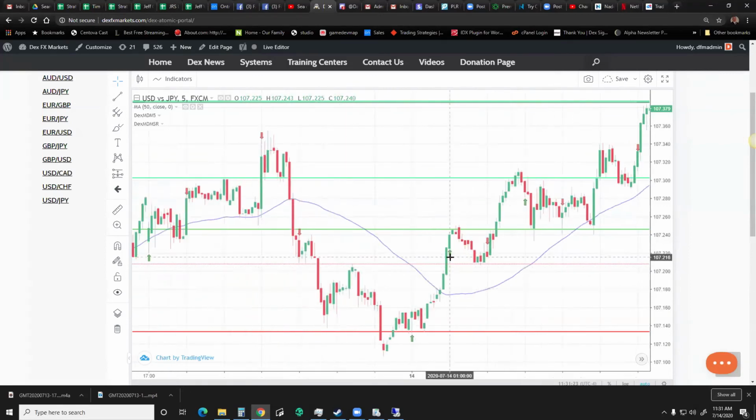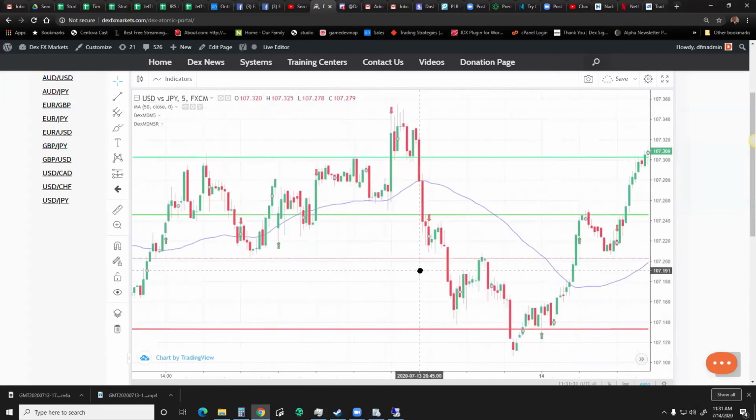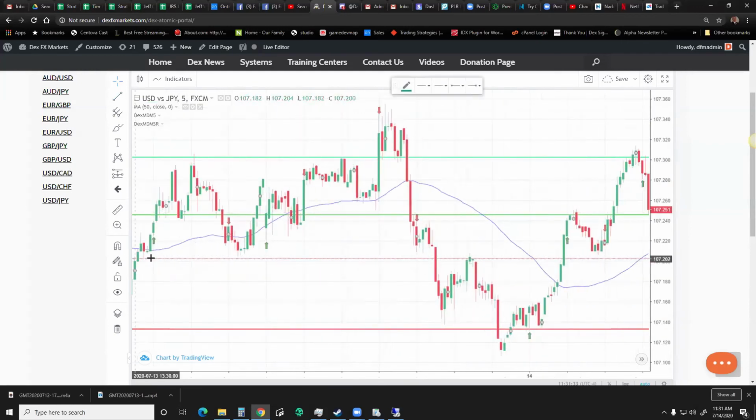For me, you might come back to dynamic structure, which may not be something that's close to where you're at. You might look at previous structure. You might draw some more lines in. That could have been a line for you, which would have extended over here, which would have been a pickup. Yeah, 1 pip off.